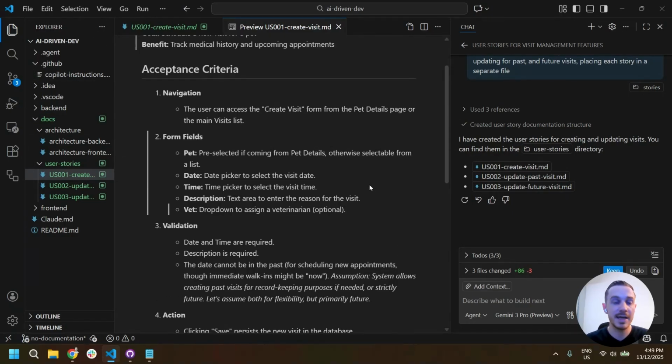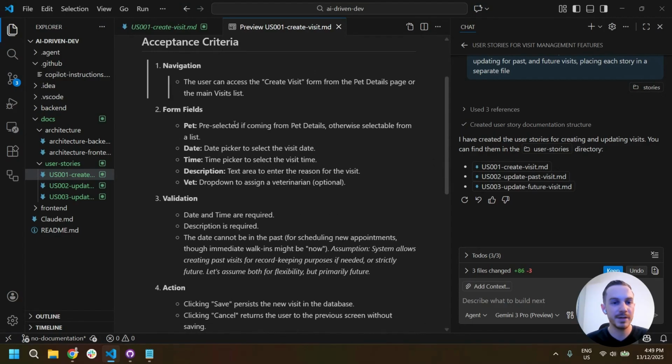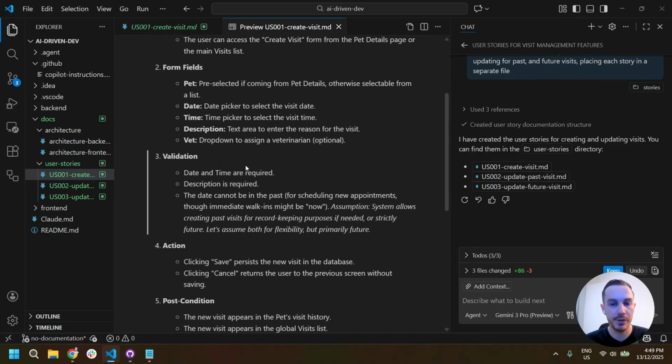Now, one downside here is that it doesn't really have what I would call a good story structure. It's far better than having no story structure or just having a one-line user story in your backlog, which I'm sure many of you have seen and may be guilty of doing at one time or another. This acceptance criteria is potentially overly verbose and not very structured. So with some proper guidance to the agent, we can do a better job with this.